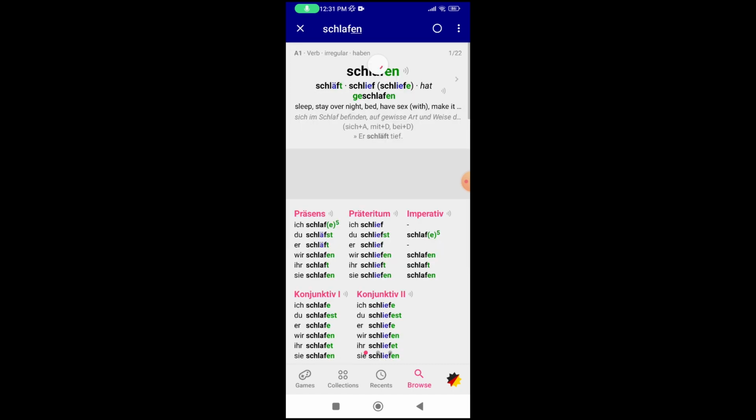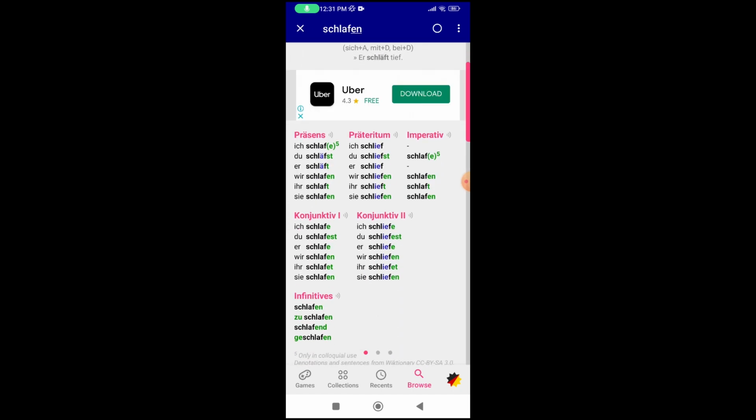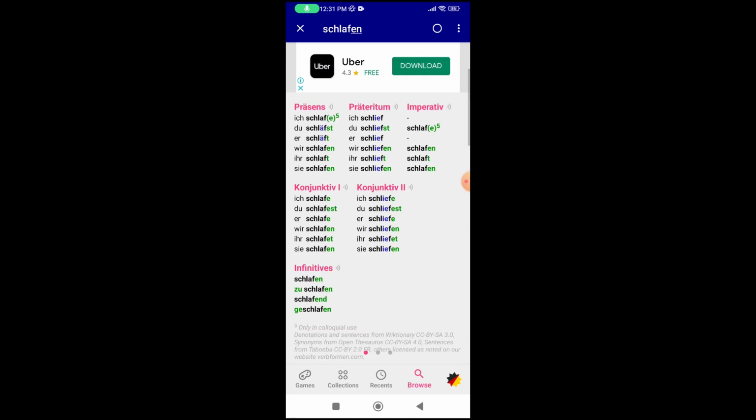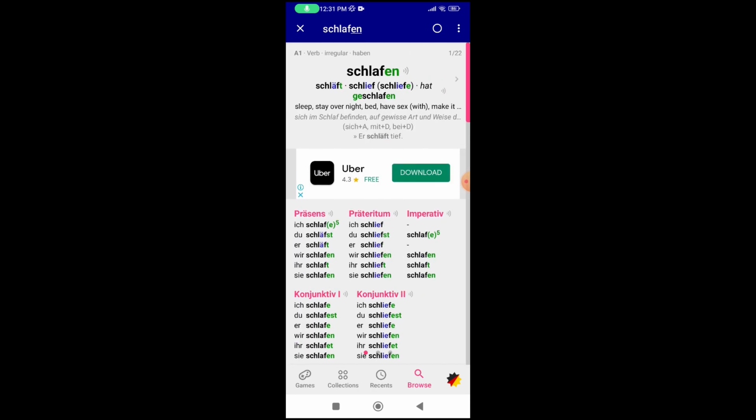If you click on that, you can get all the conjugation. This is the important feature of this app. You can get every conjugation from this app, even though it is a dictionary. So here is the meaning, here is the audio,